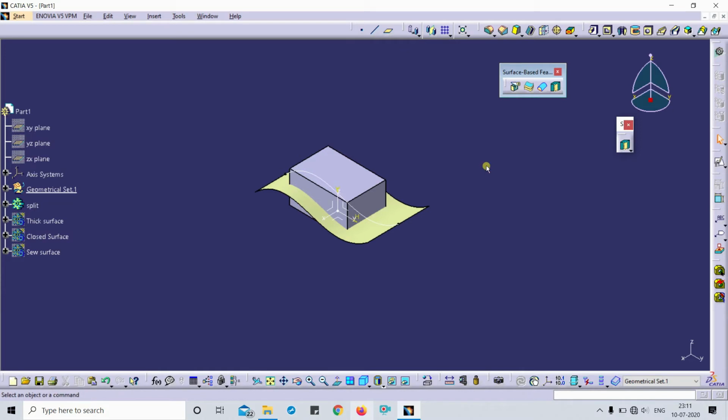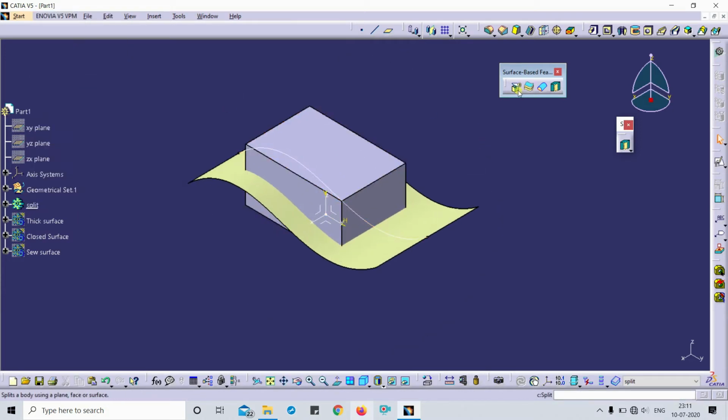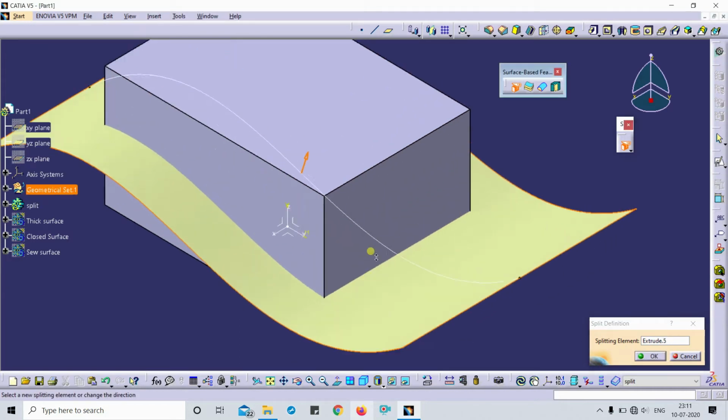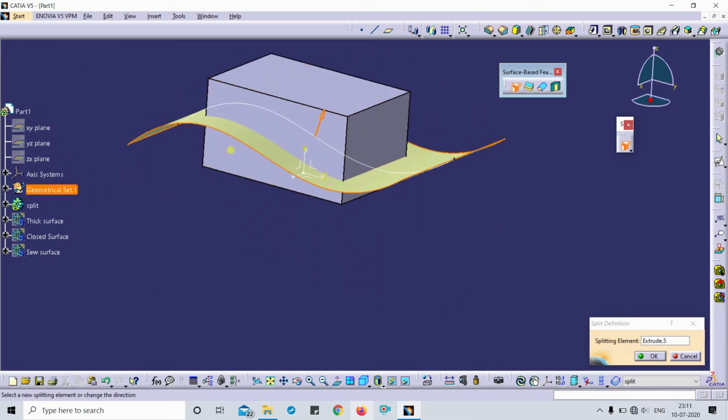After that I'm going to use this command. Firstly I select this splitting element. Now I have to select this splitting element. So you can see the arrow. I have to split this element by using this surface.